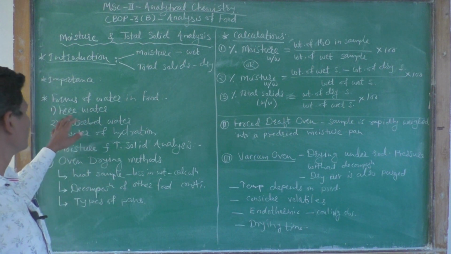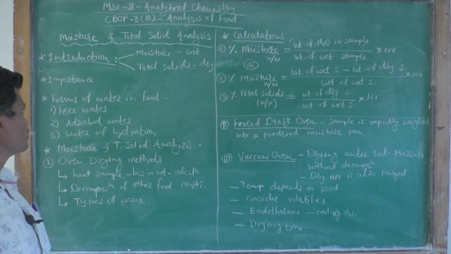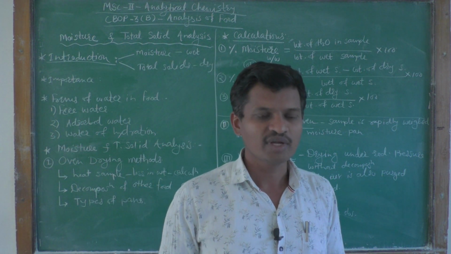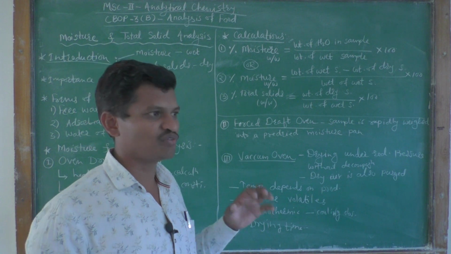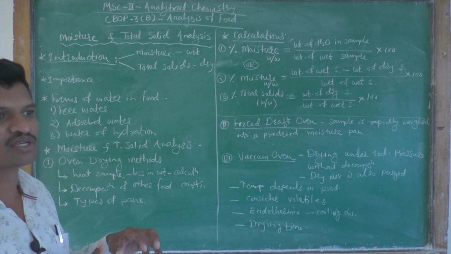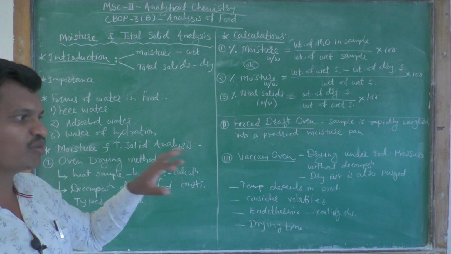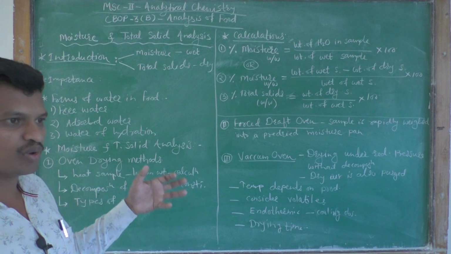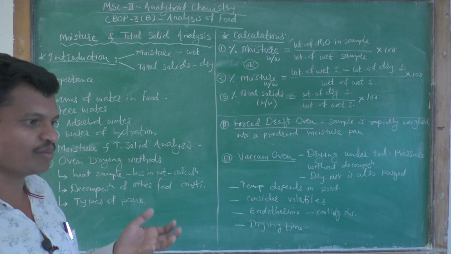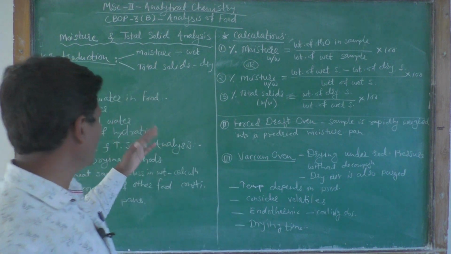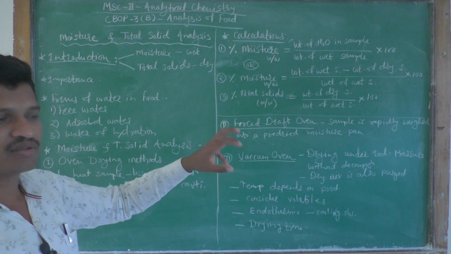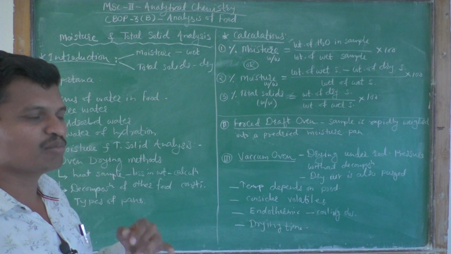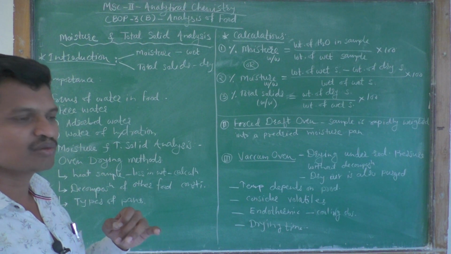So the first one is free water. What is free water? Free water retains its own properties in the food products. We cannot distinguish between the free water present in, let us say, glassware, and the free water present in the food product. For example, milk: we know that about 80 to 90% of milk is made up of